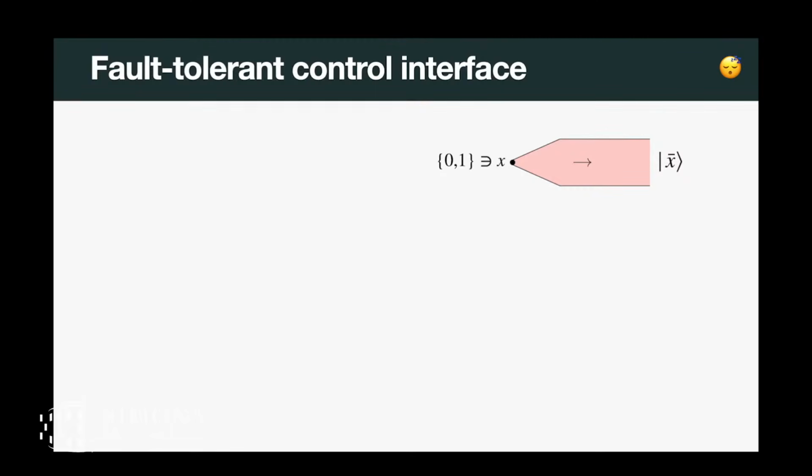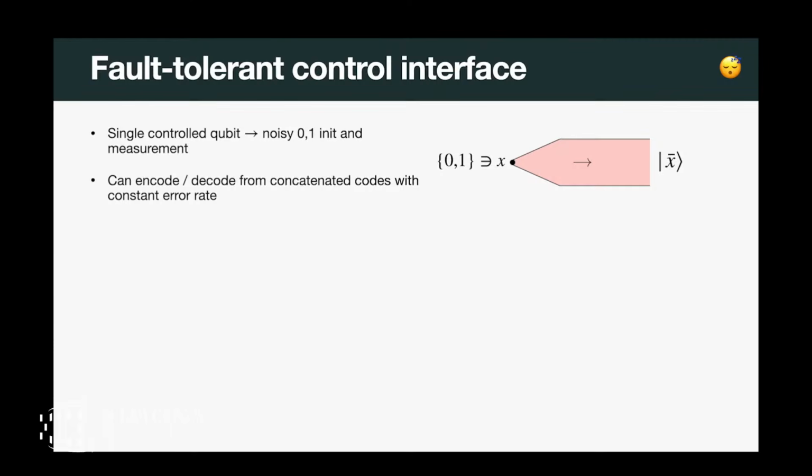So now, the actual control bits themselves, I have to tell you where those come from. First off, these controlled qubits, I can control a single position on my device, right? And in particular, the only thing I'm going to do is set it to 1 and 0, and I'm going to measure it and write it to the output tape. And then I can encode this into the concatenated code, like Aharonov and Ben-Or. And I can do this with an error rate that depends on my gate error rate.